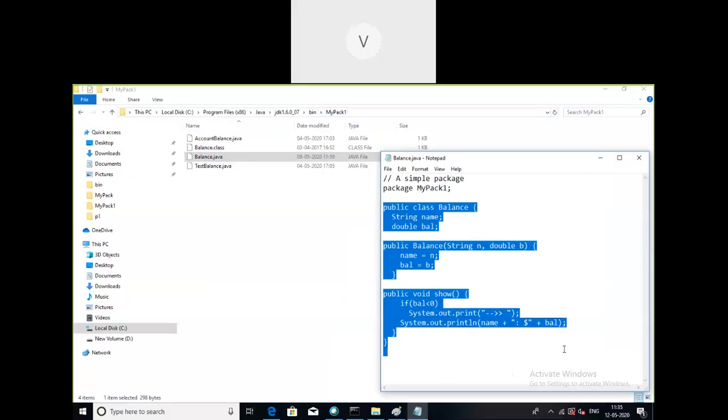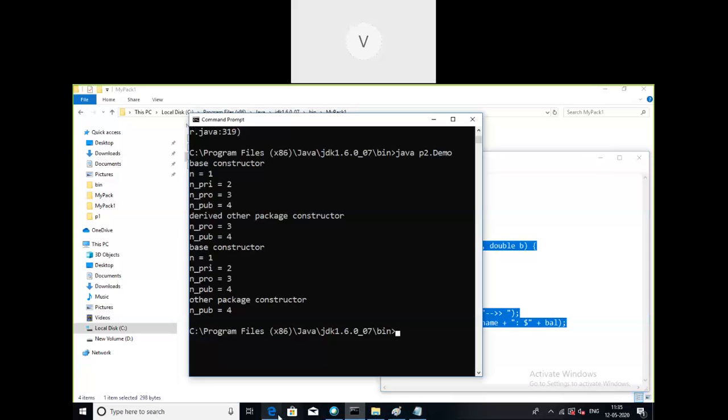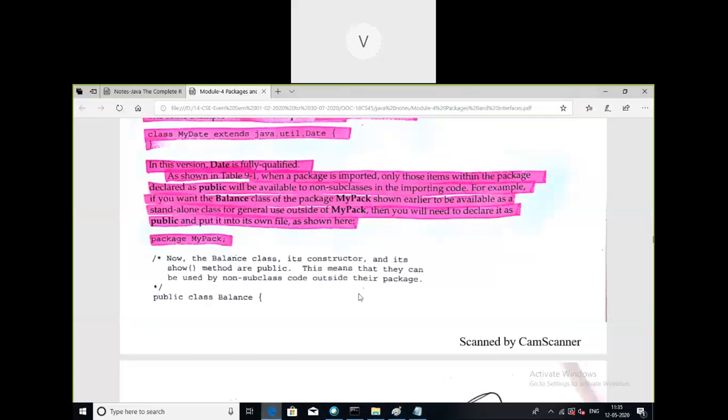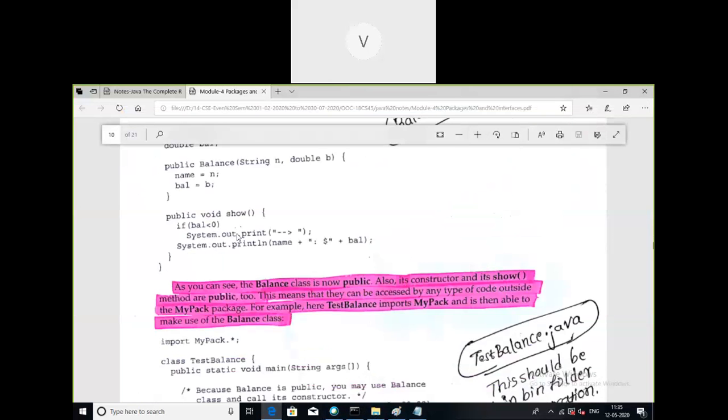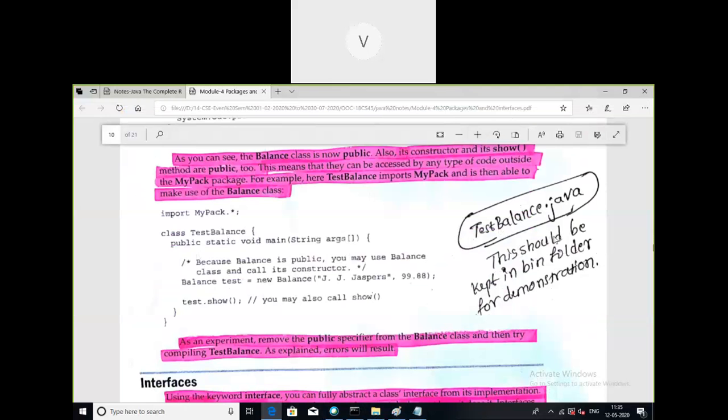That independent entity, the Balance class, we have taken out and kept in a separate file. So what is that separate file? Balance.java, and we are trying to import this particular file which is present in mypack1. Here it has been made public, and we can just make use of this file.